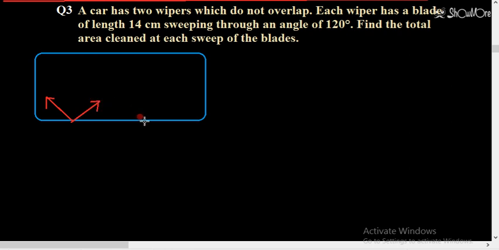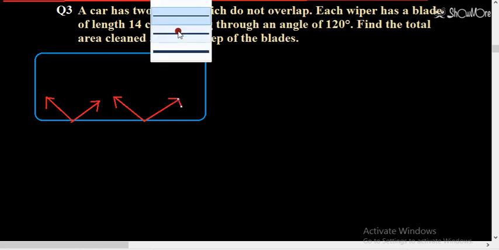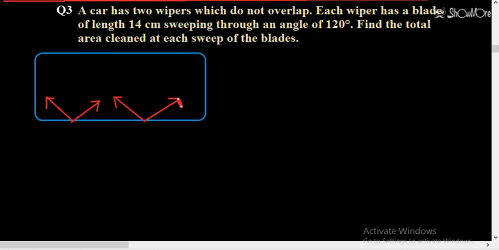In the same way, two wipers are there, so another wiper will be there. It will also move in this way and here. So what you have to do, I will explain that through the diagram. Wait, what he is saying is that these wipers are moving in this way from here to here. In this way these wipers are moving.